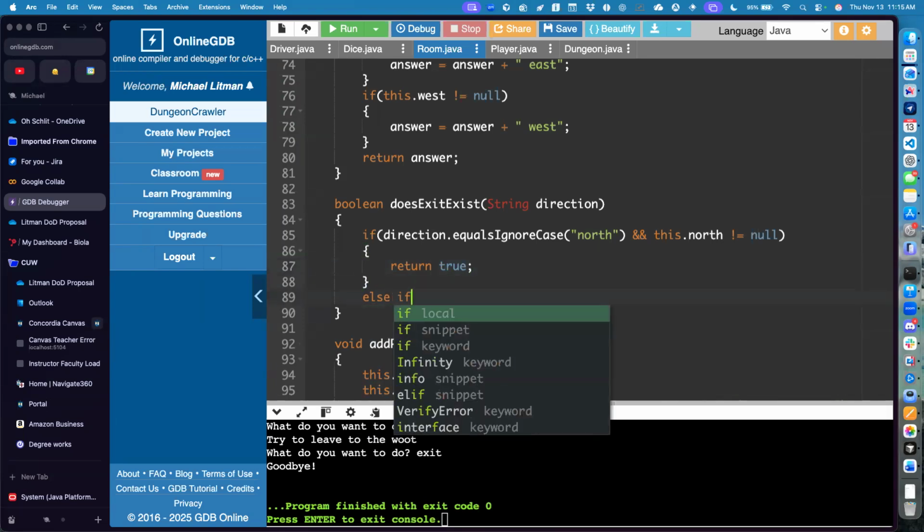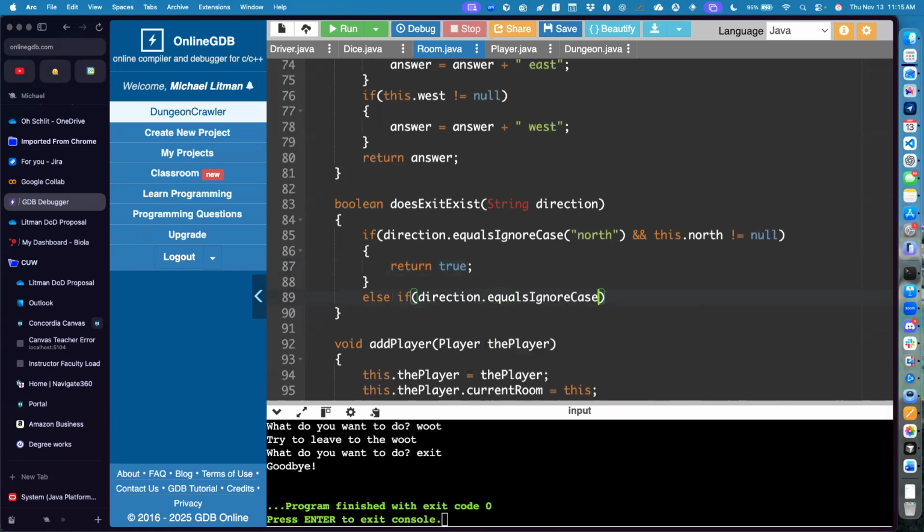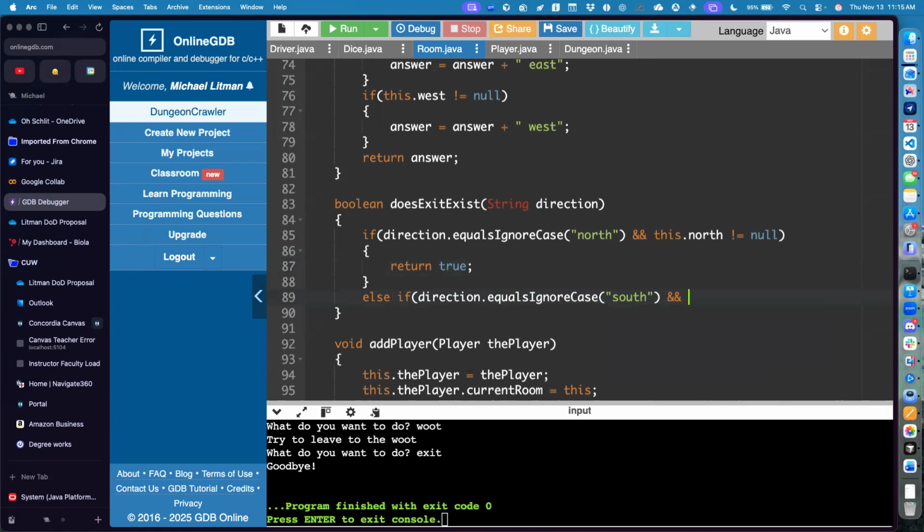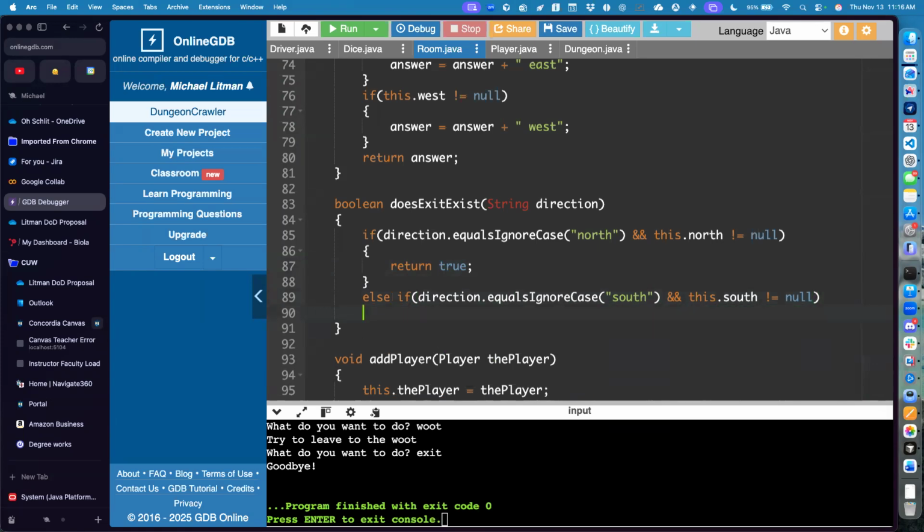Else if direction.equalsIgnoreCase south and this.south is not equal to null, return true. Else if, and yes, if you're thinking already, we can make this a single Boolean expression with a bunch of ors next to it, but this is cleaner. This makes more sense instead of having the monster Boolean expression. Let's just ask several questions. Remember, computers are super fast. We're not going to notice. So else if